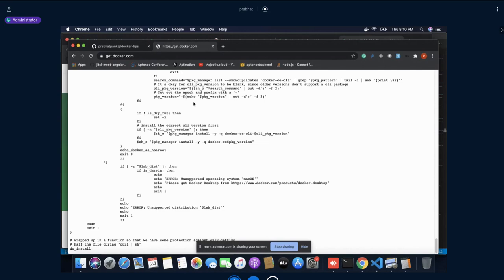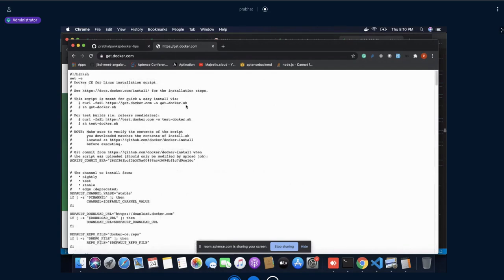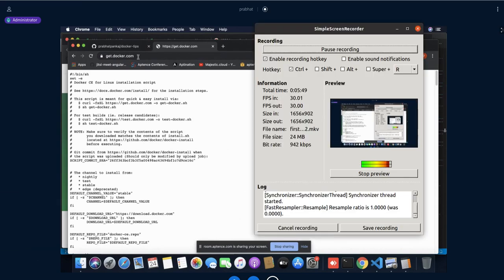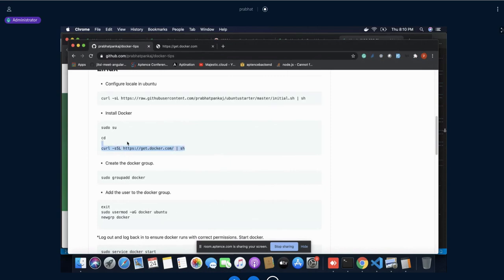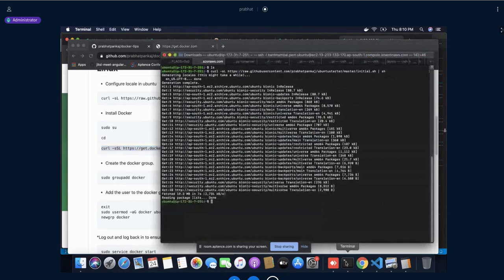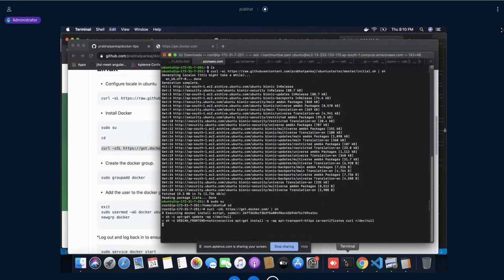Means in order to install Docker, we may have to perform some steps. So these are the steps that they have. This is the official document. I have copied this code from the official document. So Docker is maintaining this kind of script by themselves. They keep updating it as per the requirements. So we only need to do it here. We'll have to simply run this command, and we will be able to install Docker inside this computer. So let's say if I write sudo su cd. Now if I run this one, what will happen? It will install Docker in our computer by using a single command.